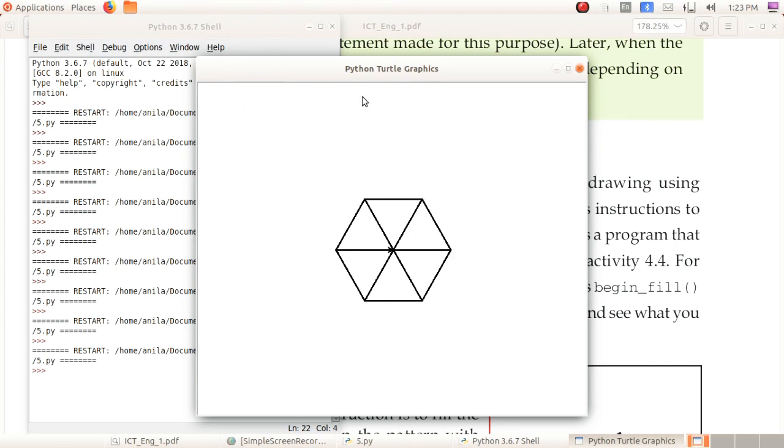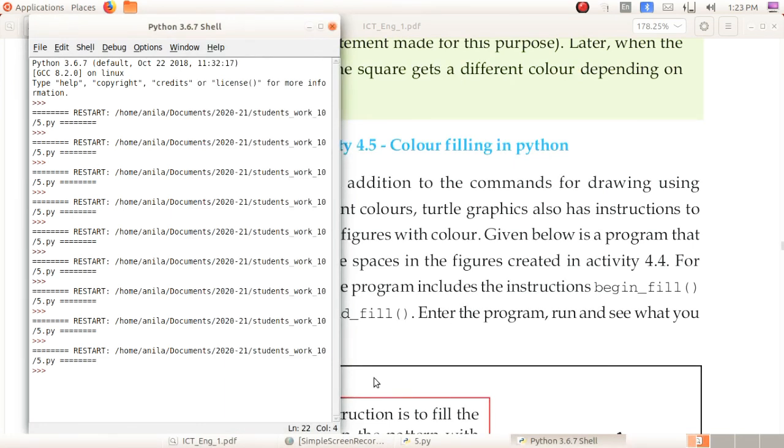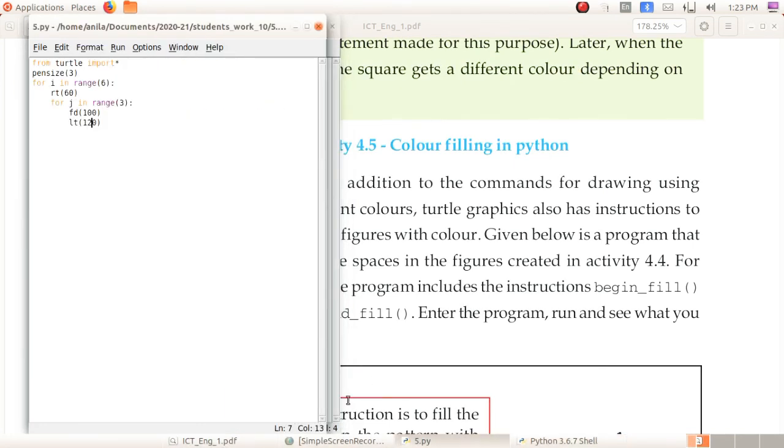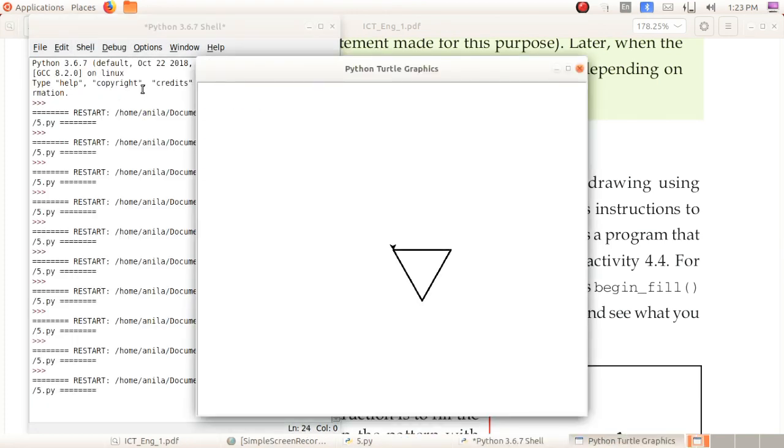If you want to draw this triangle 12 times, what do you do? Yes, change this 6 and give that as 12. Let us see that. What happened here? It is drawing and it is repeating, isn't it?